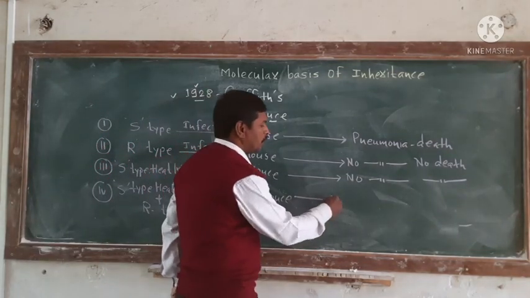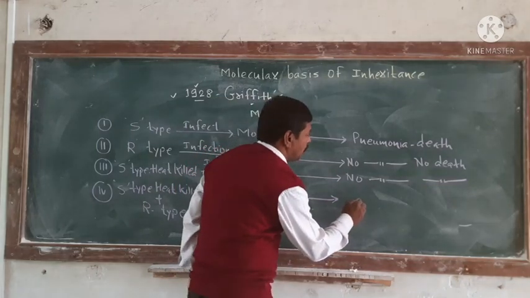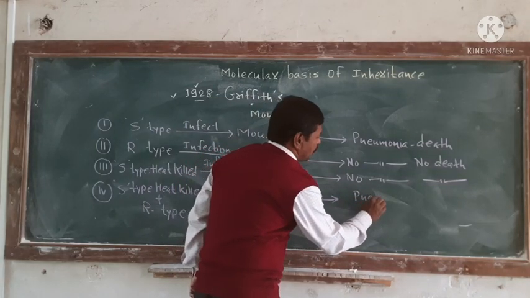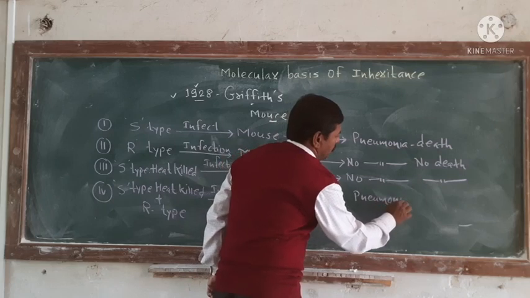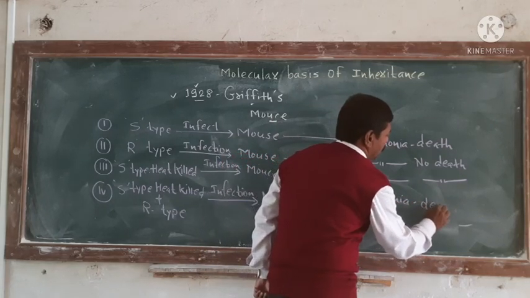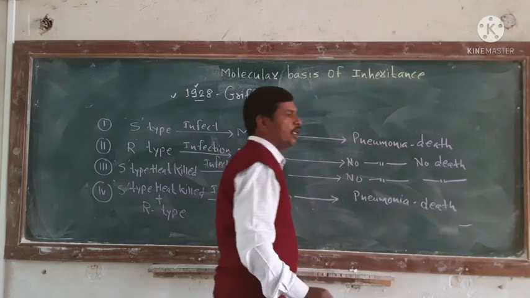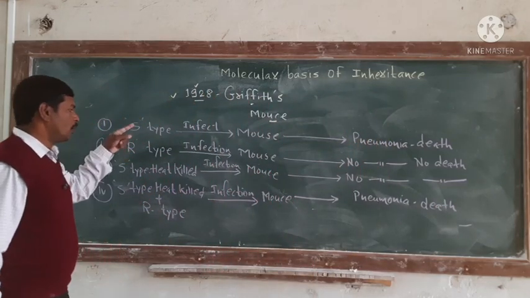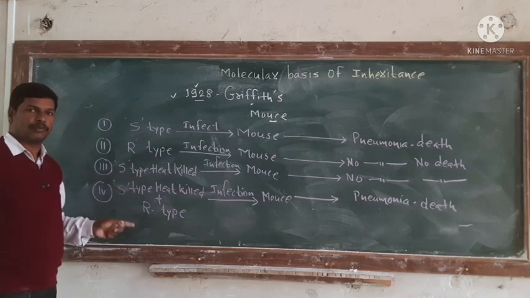After the infection there is a result. What happens? Again there is a development of the disease pneumonia. And finally there is a death of the mouse. With the help of these four different steps,